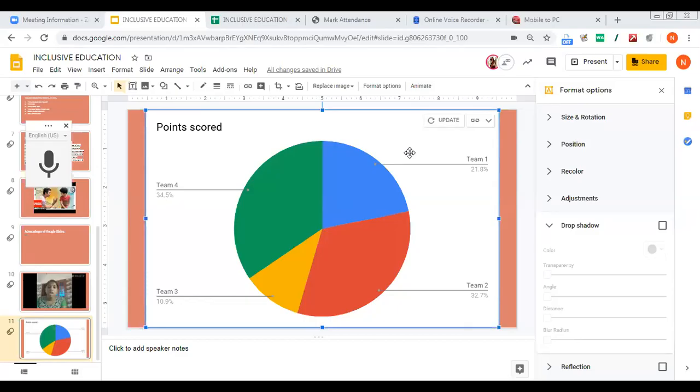Hello, sir. After preparing a PPT, if I am a presenter, how can I share my screen? You open that Google Slides, you share your screen and click on the present button.